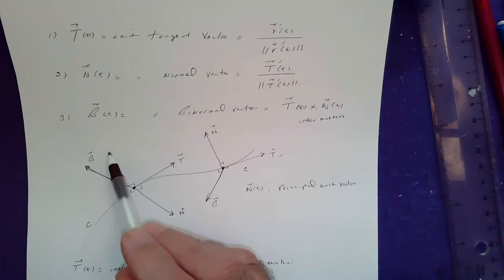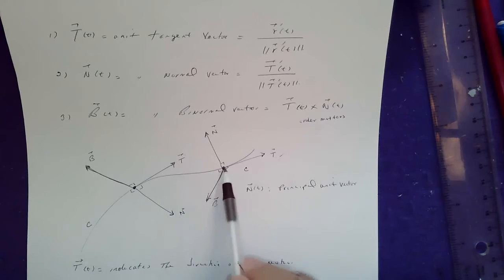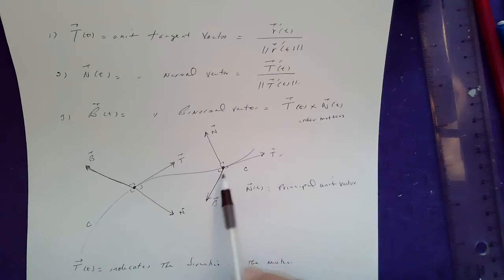When you have these three vectors, they form a plane called the TNB plane or BNT plane. That happens everywhere on the curve, so the moving object is subject to these